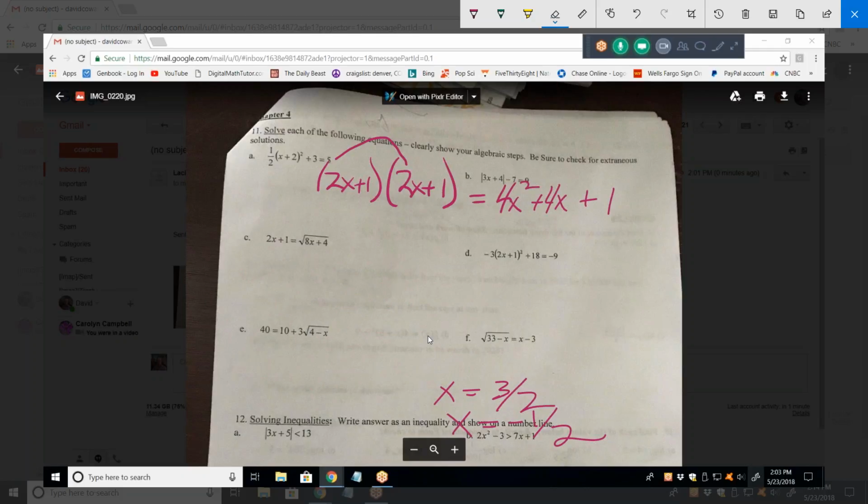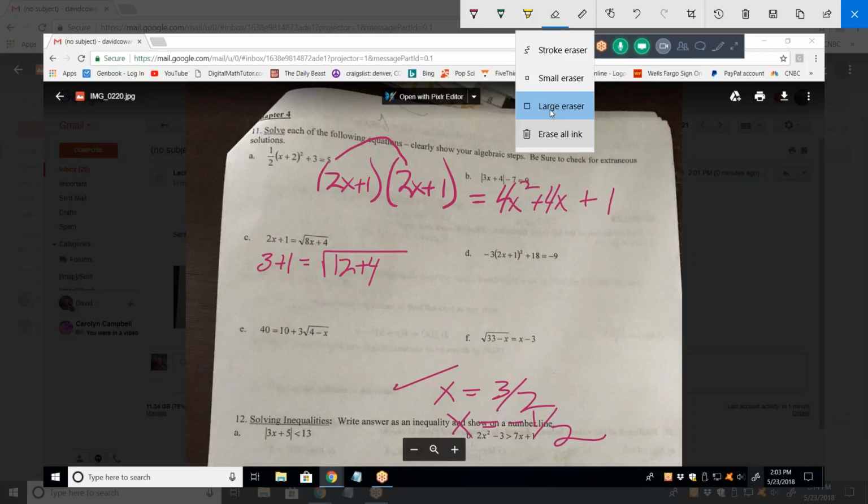Eventually, we're going to find one where both of these don't work. If I plug in 3/2, I get 3 plus 1. Is that equal to the square root of 12 plus 4? True statement? Yes. Okay. If I plug in -1/2,